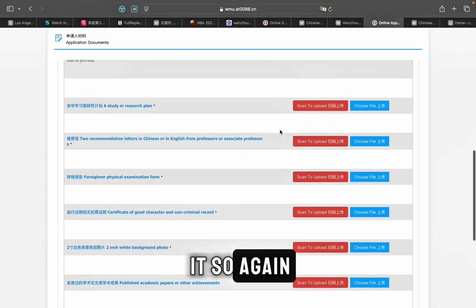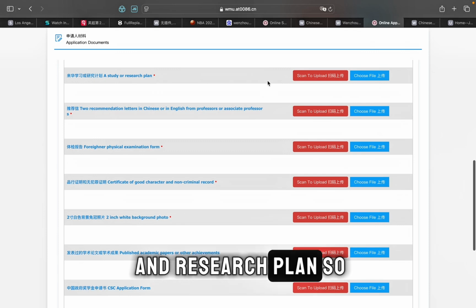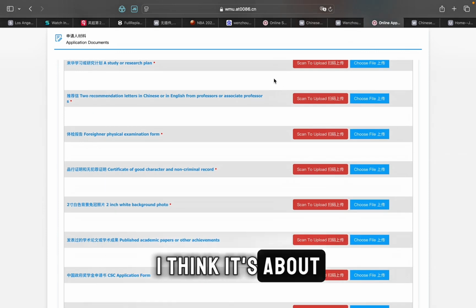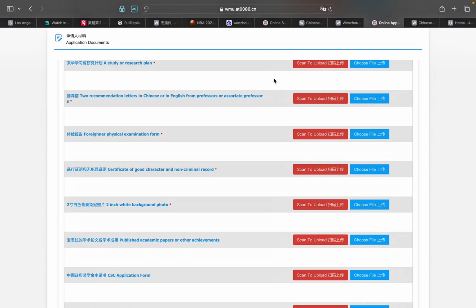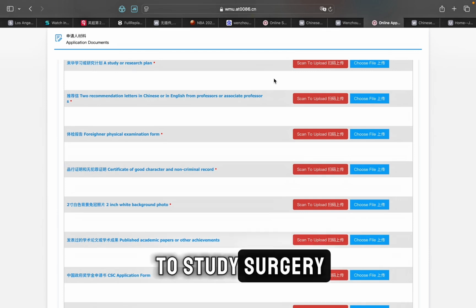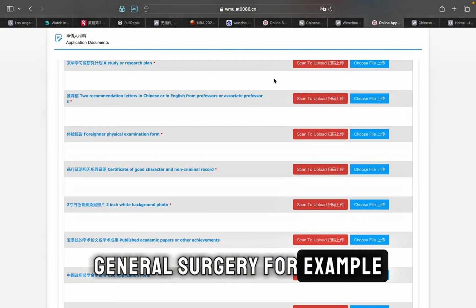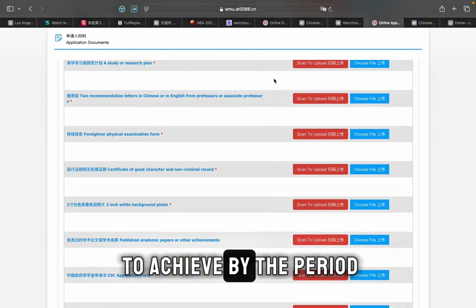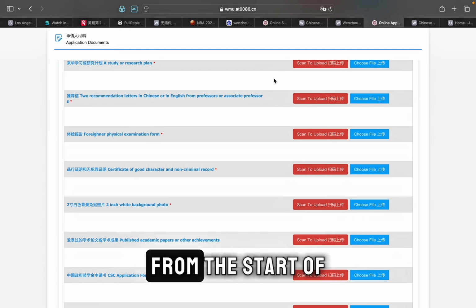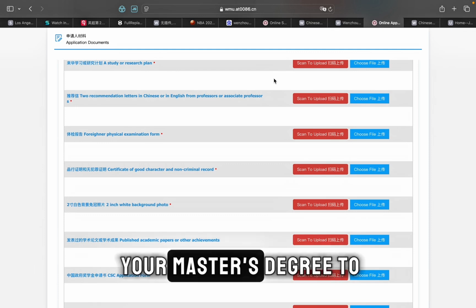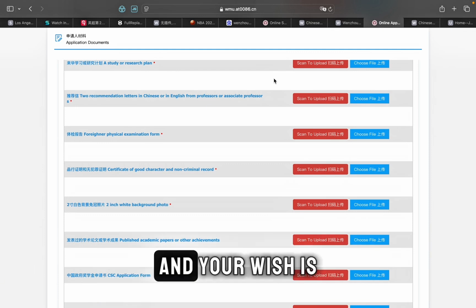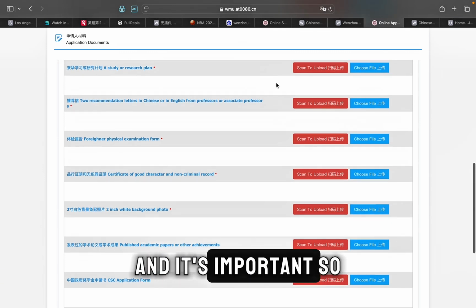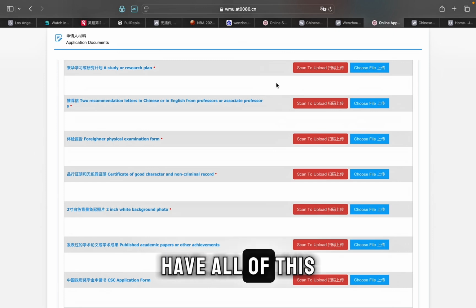And then a study and research plan. So for example, if you're doing surgery, you type in your research plan, I think it's about 800 words, give or take. And then you type in why you want to study surgery, general surgery, for example. And you also type in what you want to achieve by the time period from the start of your master's degree to the end, right? And your wishes after that as well. So you put that all in your study plan, and it's important. So you write that, have all of these documents ready,